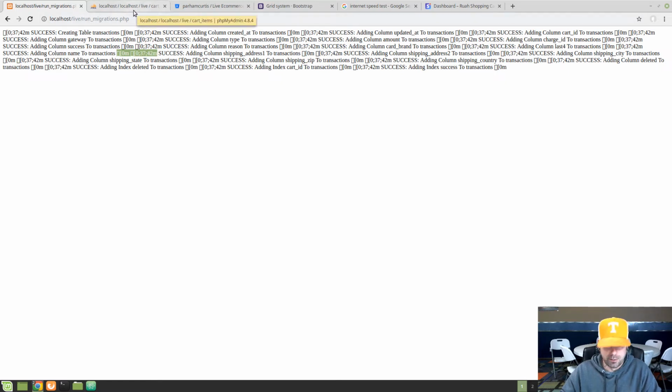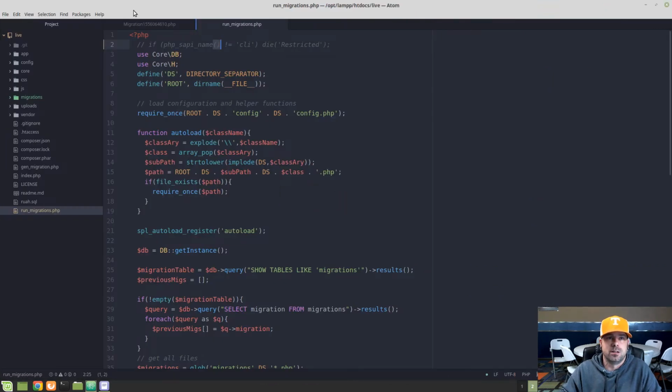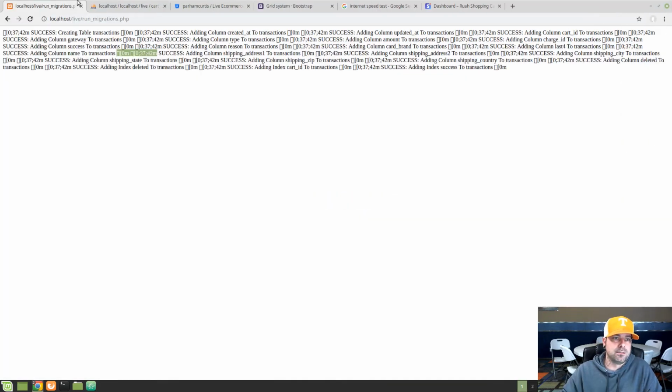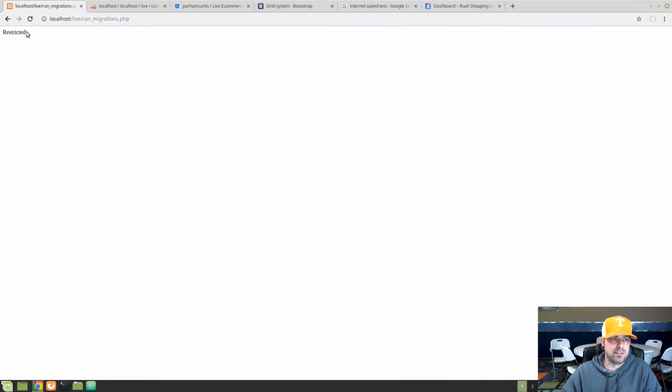So the next thing I want to do is, I don't want to forget to uncomment that line. So I'm going to go back to my migration script here and just uncomment that line so that nothing goofy can happen on my live server. And I will go ahead and close that. Now that my migration's done, let's go ahead and check the database and make sure it all went well. By the way, if I try to run migrations again from here, you can see that because I uncommented that line, it says that it's restricted. So it actually won't run migrations from the browser with that line